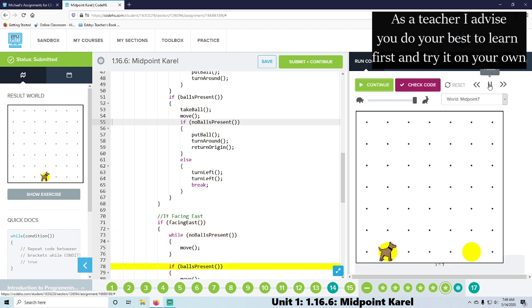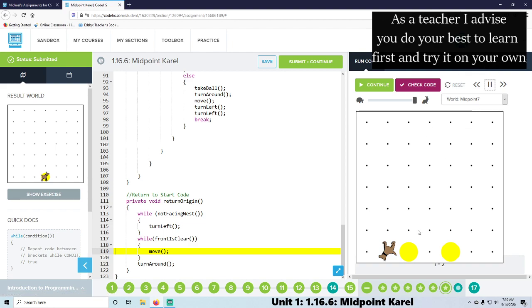Do it again. Get the first ball. Move it over. Get the second ball. Move it over if there's nothing in front of it. Boom. Now, because this is the odd section, this ball will always be moved into this section